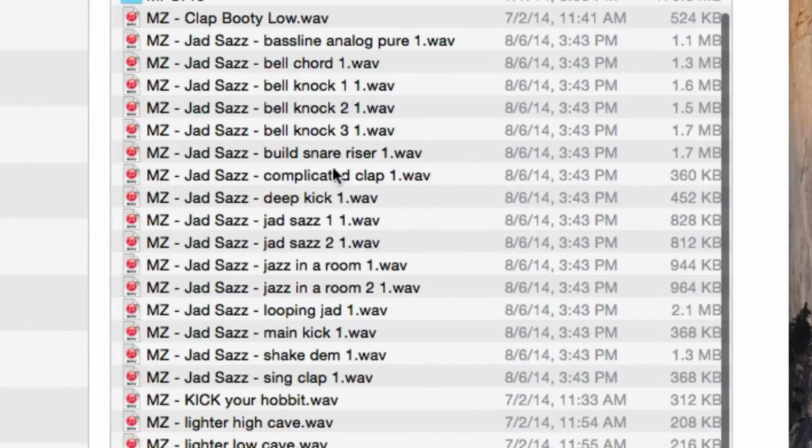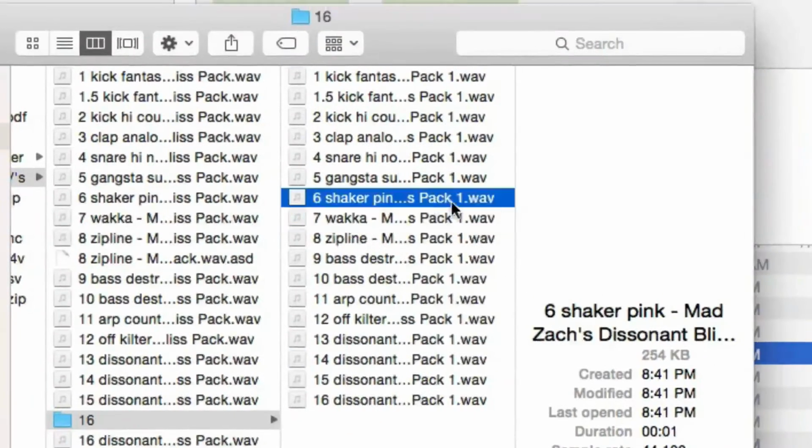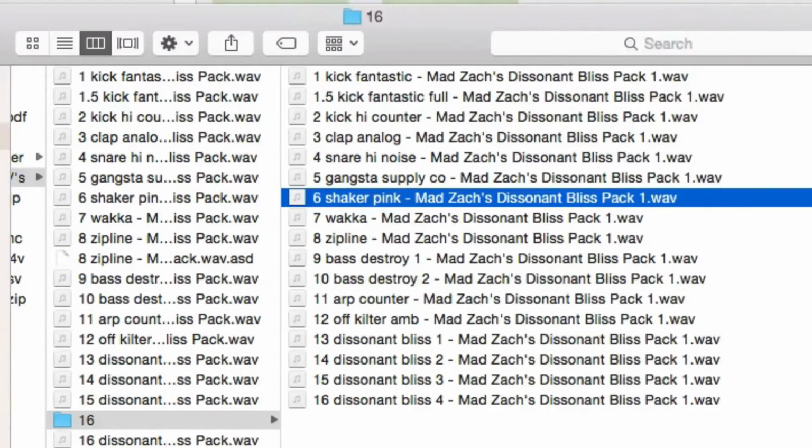So before I import them into IMPC Pro, I'm going to go into my sounds here and do some quick renaming. So this is called Mad Zach's Dissonant Bliss. I'm going to rename it to MZ Dis Bliss or something like that.